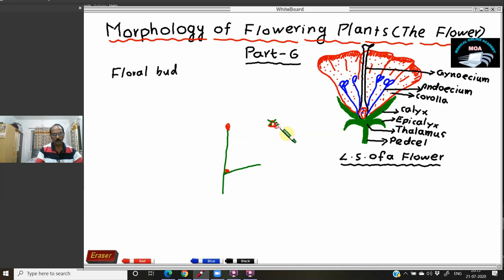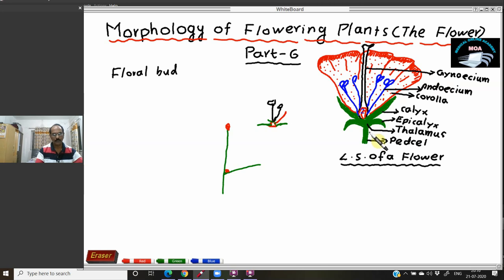From the first node, it is producing a leaf-like structure, or a leaf. That leaf is performing a particular function, so it is not known as a leaf, it is known as the calyx. Above that, again a leaf is present, but it is not a leaf; this leaf is modified into a colored structure known as the corolla. Then above that, one more node is present, and from that node it is producing the androecium. And again one node is present here, and it is producing the gynoecium. So this flower is actually a highly condensed shoot system.